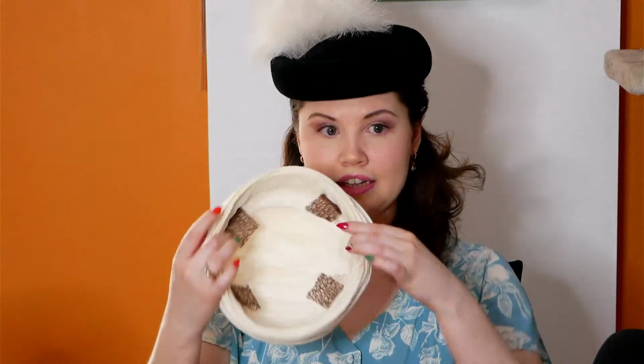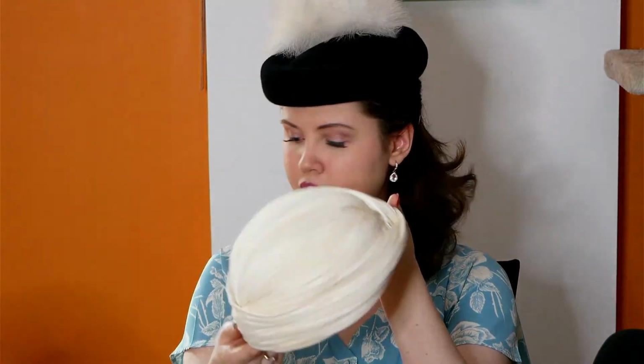Oh, the most obvious hat fastening, hang on. The most obvious hat fastening is just a head-sized hat. So this turban, which was blocked on a domed crown block that is my head size, technically shouldn't need any extra fastenings. So I could just pop this turban on, but I did put in extra crisp veiling ribbon because